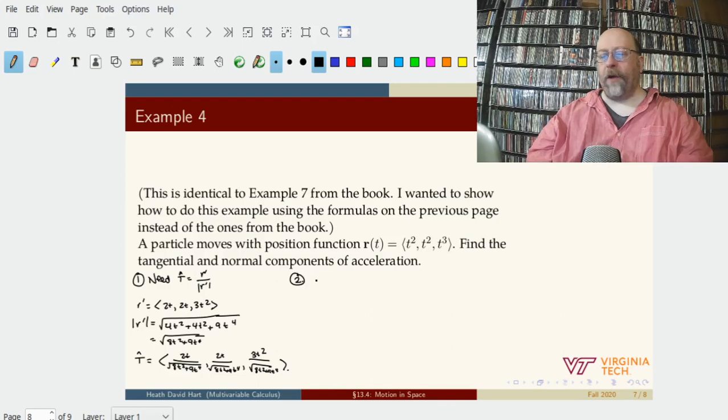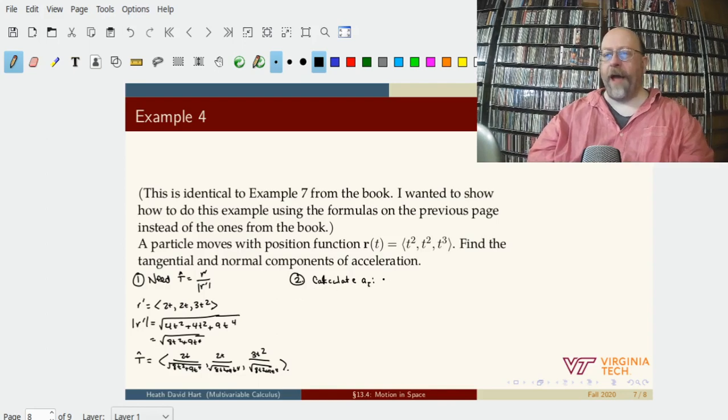So now we're going to calculate a_T. The tangential component of acceleration. So that formula is equal to the acceleration vector dot with the unit tangent vector. The acceleration vector is the second derivative. We already have the first derivative here. The second derivative is 2, 2, 6t. And so when we dot these together,